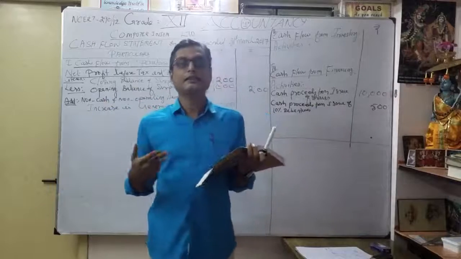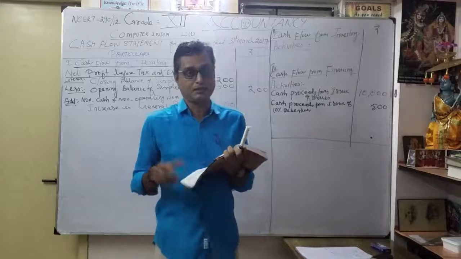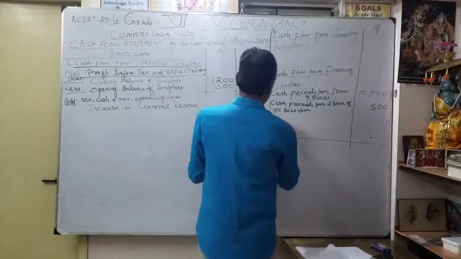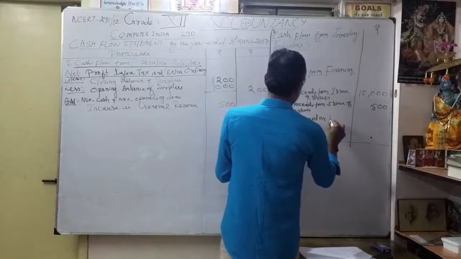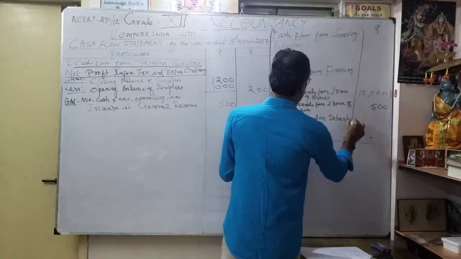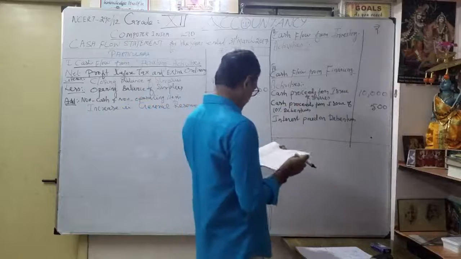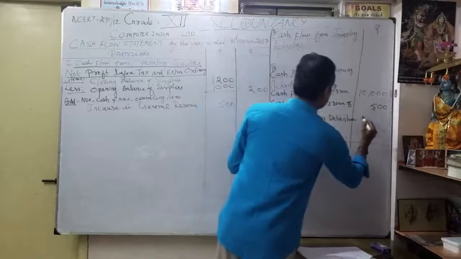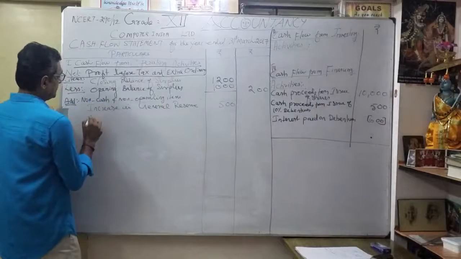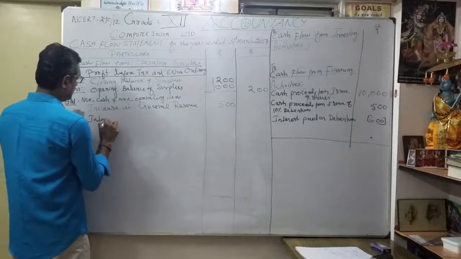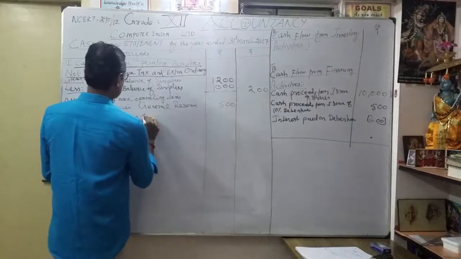Similarly, according to this information on 10% debentures, you have to verify whether any adjustments are given. Yes, go to additional information. They have given interest paid on debentures 600. So you know where you have to write it? You have to write here only, correct? First here, interest paid on debentures, how much? 600. That's what they have given in the additional information. Put it in brackets, 600. Immediately I'm going to write it here: interest paid on debentures.